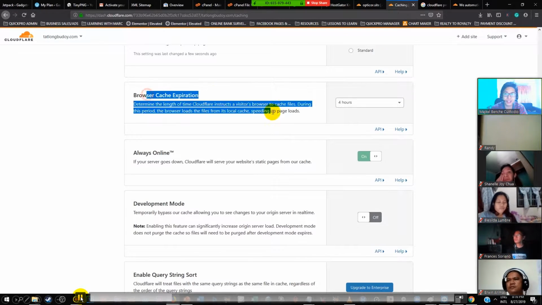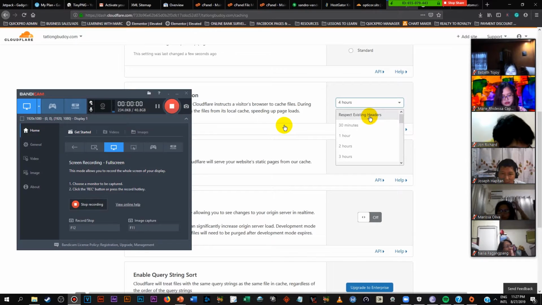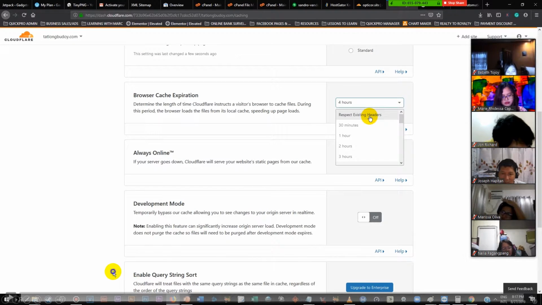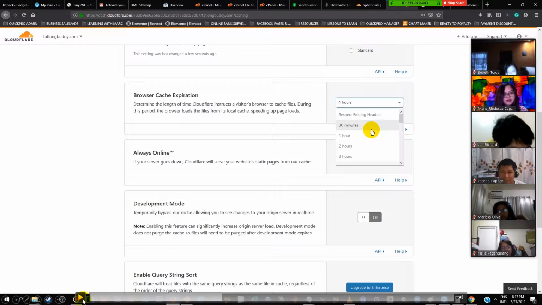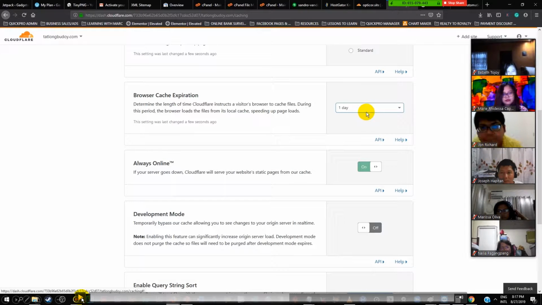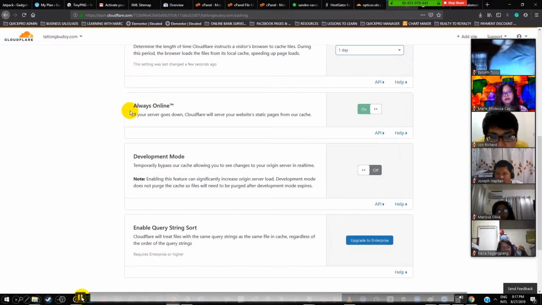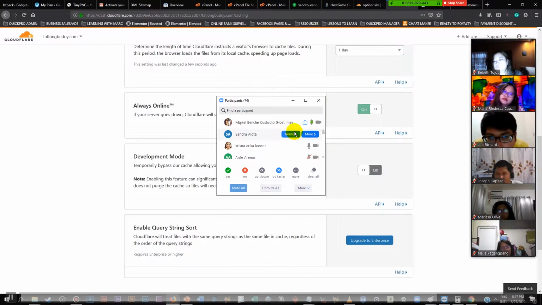No query string. And in browser cache, as I've said, you just need to set this by the hour or by the day depending on how many blogs or posts you update on your website. If you edit your website once every day, just set it to 1 day. Once every hour, once every 4 hours, just set it at that time so that Cloudflare will automatically clear the cache and the cookies after you edit. Because cache and cookies will make your site slower. Every time you edit, you leave cache and cookies. I thought they were edible cookies? No, they're not edible. Don't eat them.